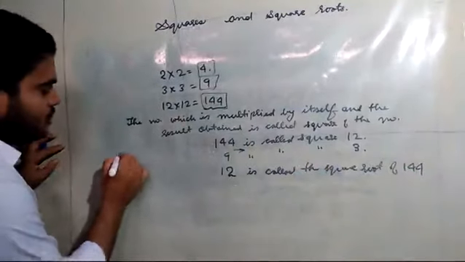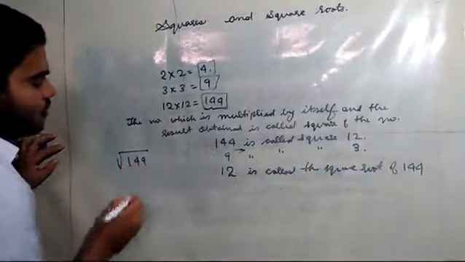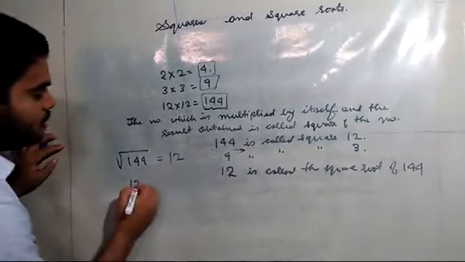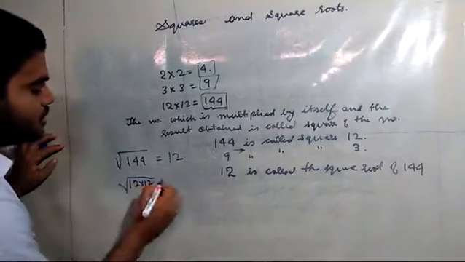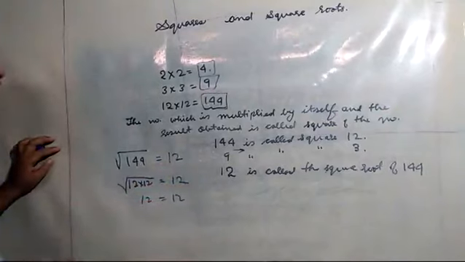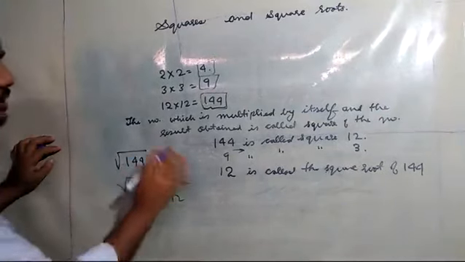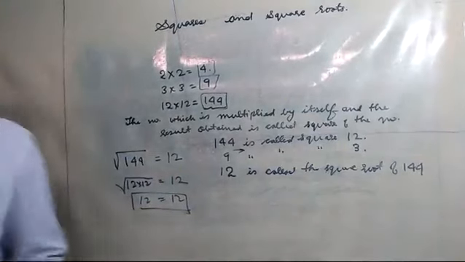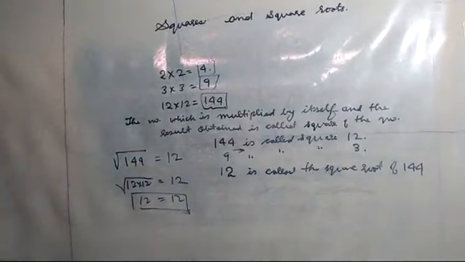Now how to calculate the square root? The square root of 144 is equal to 12. If we write 12 into 12 inside the root, the answer will be 12. Or else, if you want the square root of x, we will calculate it similarly. In class 7, we discussed squares and square roots. Here also we again have squares and square roots. I hope you won't have any problem in writing and understanding this: what is a square and what is a square root?